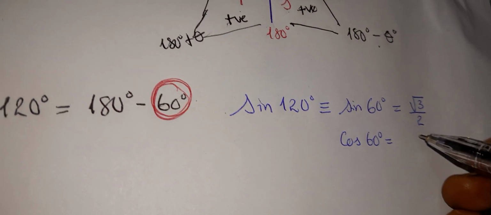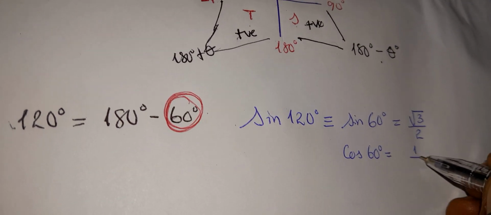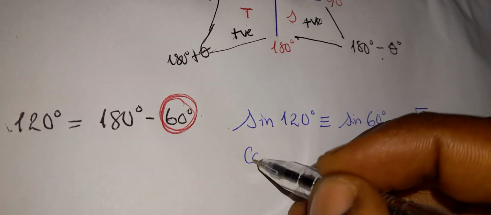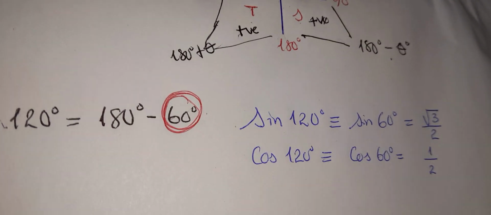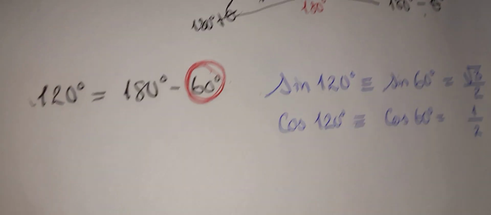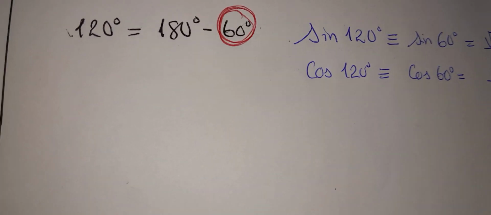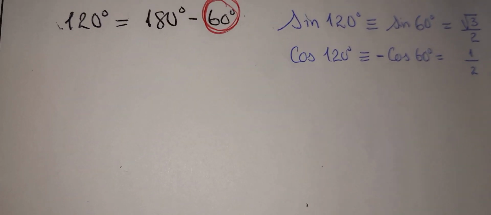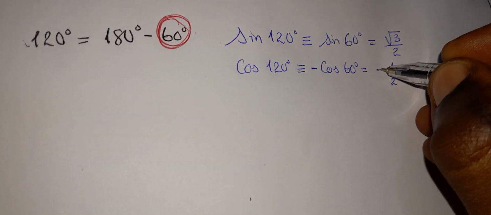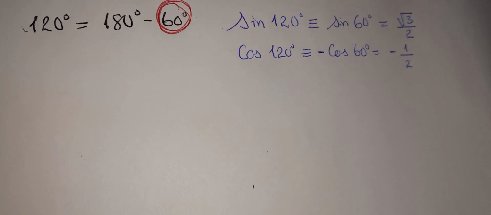Cos 60 degree is 1 over 2, which is it. Cos 120 degree is equivalent to cos 60 degree. But that's not just all. It will be negative cos 60 degree, which will give us negative 1 over 2,